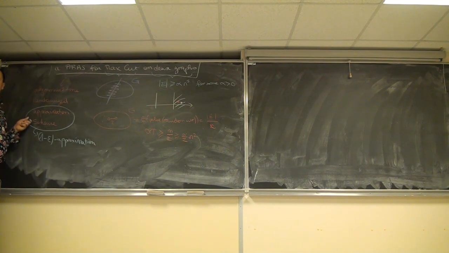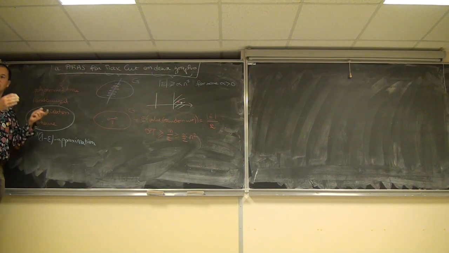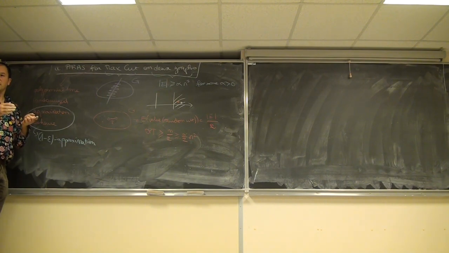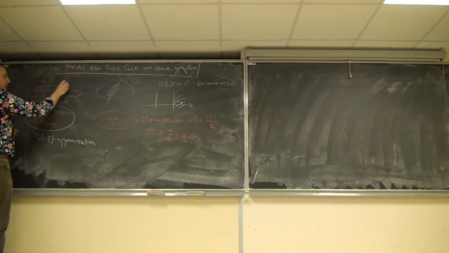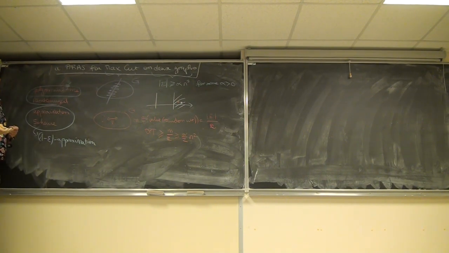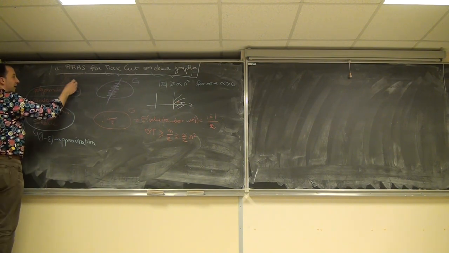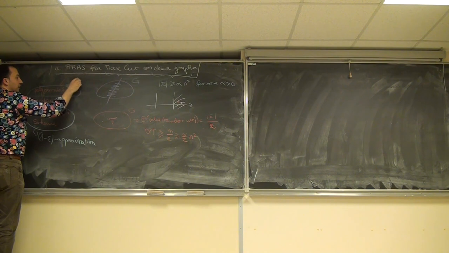So why scheme? It's because you have a different algorithm for every value of epsilon. So it's a sequence A epsilon. Or you can see it as an algorithm that takes the input and epsilon as an input. And we want it to be polynomial time. That means that for each value of epsilon, it's polynomial in n. Polynomial in n means n to the big O epsilon of 1.